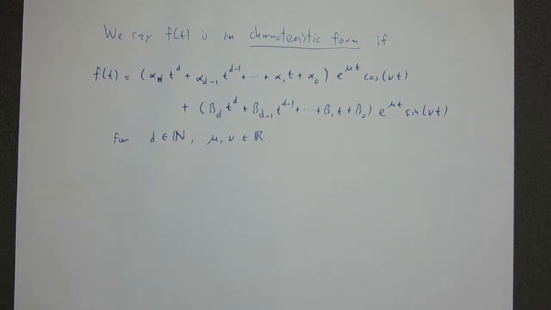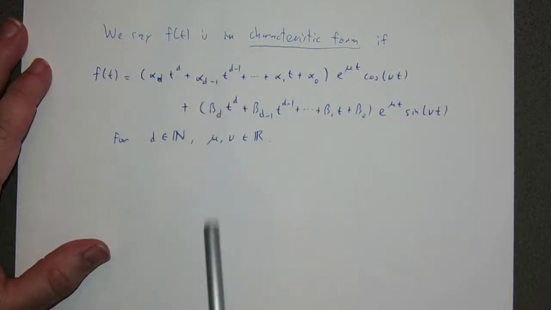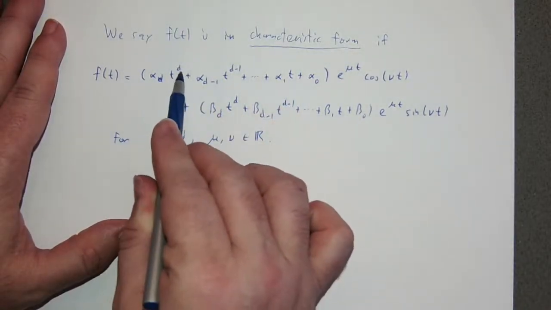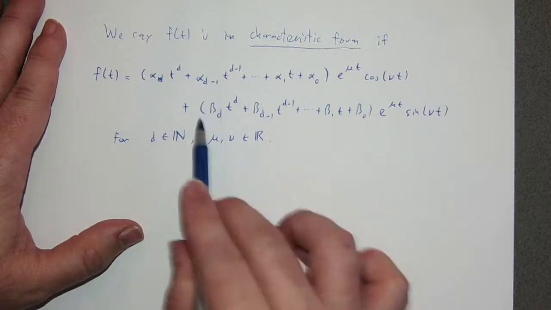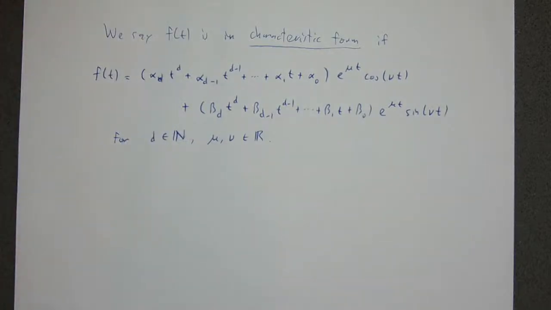Now, the point is that these alpha sub d's and beta sub d's could be 0, reducing the degree here. So the degree of this polynomial, if alpha sub d is non-zero, is d. If beta sub d is non-zero, this also has degree d. But the point is that it doesn't have degree larger than d. And like I said, maybe all these betas are 0, okay? We're going to see plenty of examples of this because identifying whether a function is in characteristic form is extremely important. Okay, this is the beginning of the process, and if you can't do this, you can't even get started